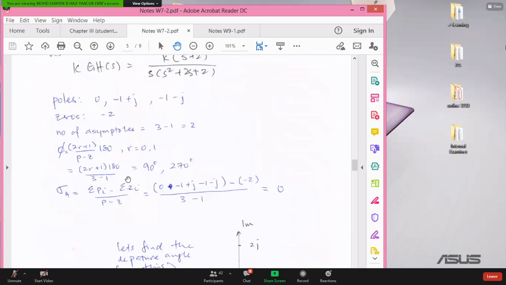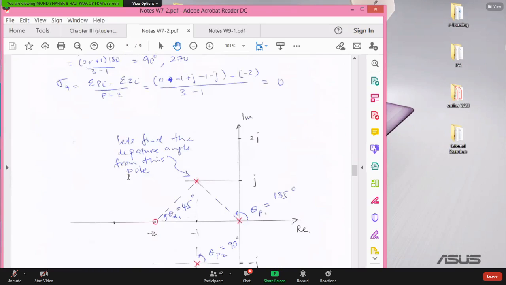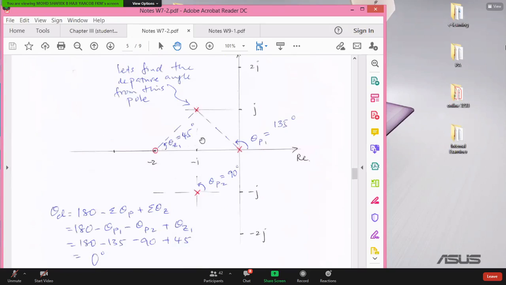Does it go to the left, to the right, up or down? You just need to find the departure angle from one of them, because the other one is going to be symmetrical. Let's say now you want to find the departure angle from the complex pole above the